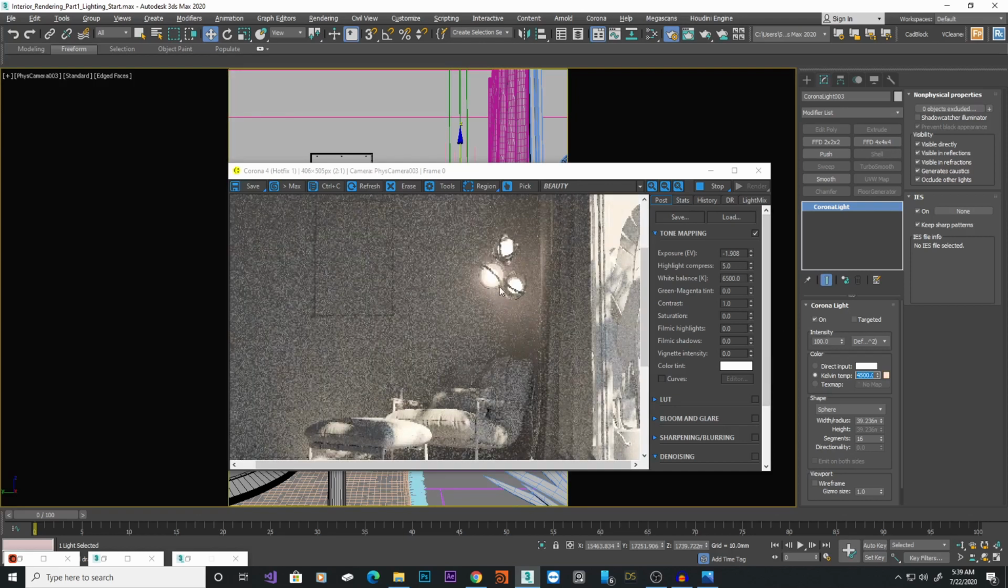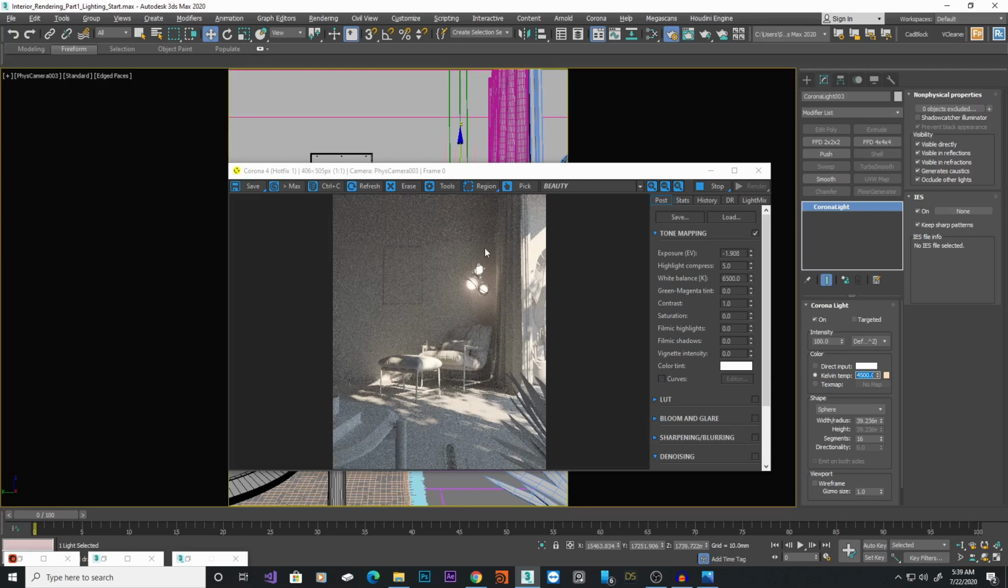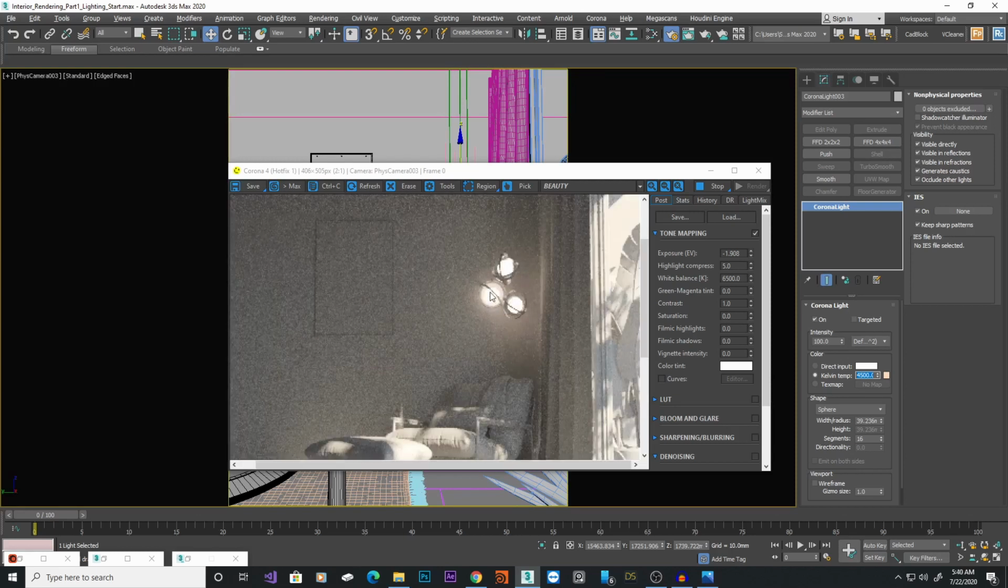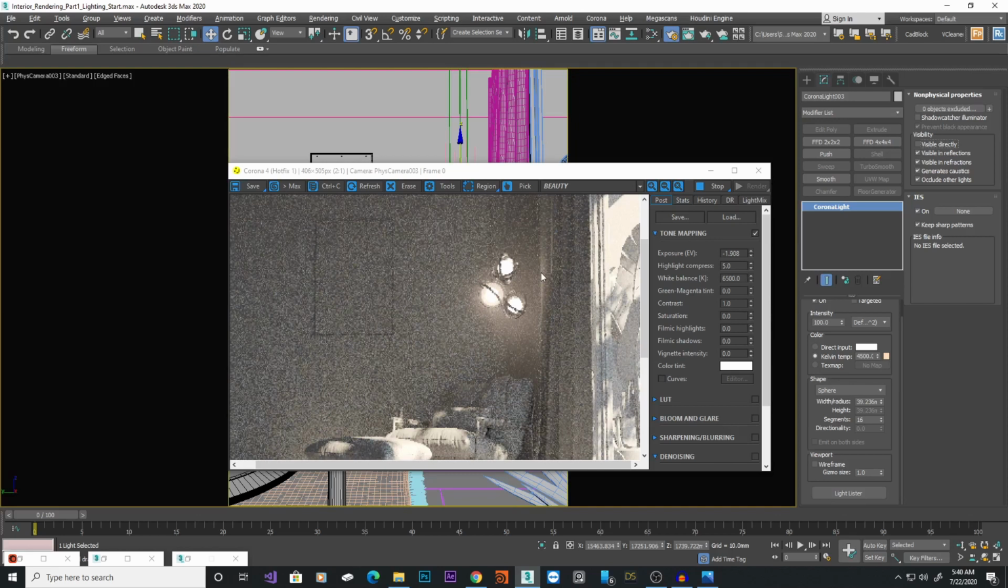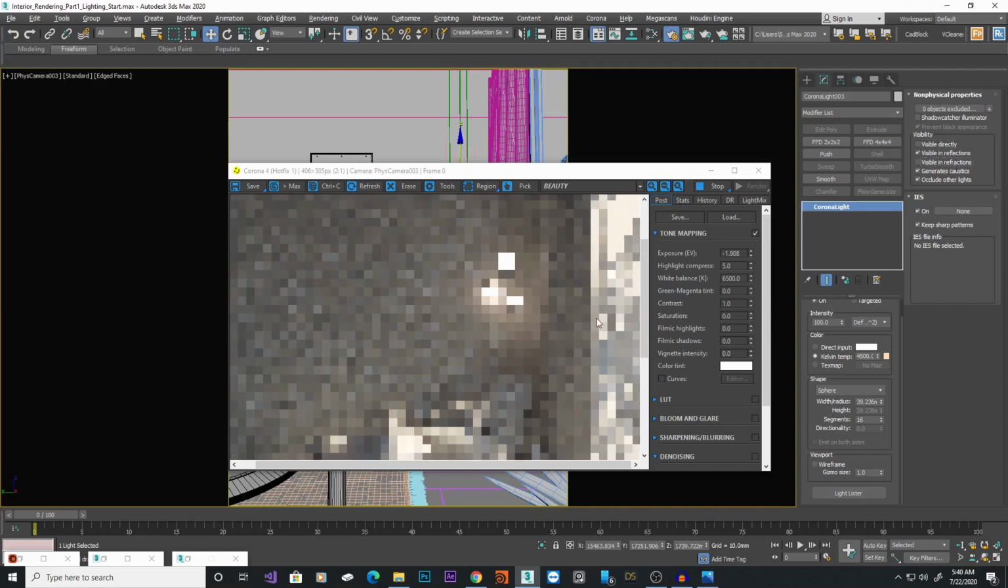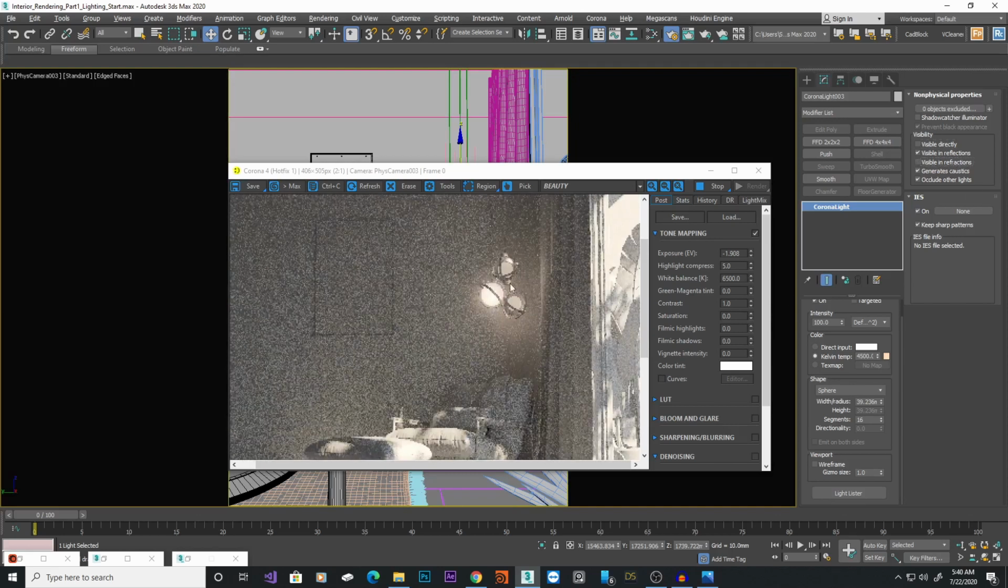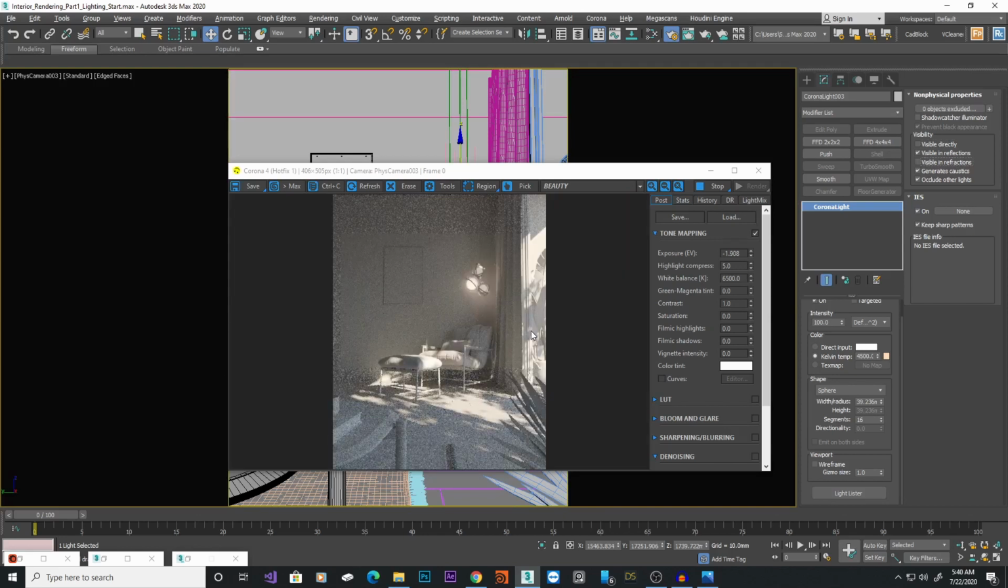All right, that looks okay. Now I don't want these lights to render by itself, so I'll just go ahead and turn off the visible directly and visible and refraction. That way we don't see that bright spot of light. All right, now before I wrap up the lighting section, I want to show you one other trick, which is